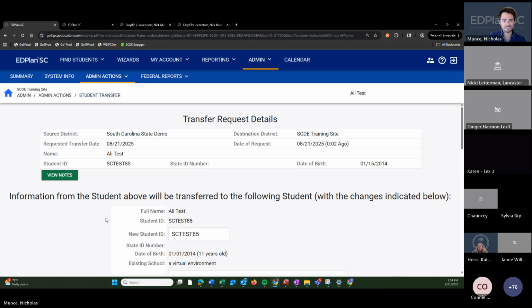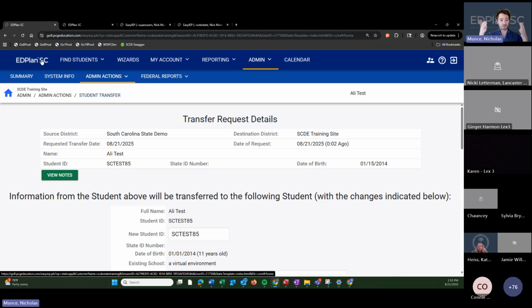All right. Now I'm going to show what happens if you do, because it's very likely that will happen, right? We're never going to get it perfect. Sometimes someone might slip up and enter that PowerSchool number. And then what you're going to see is two versions of the student. So if you typed Ali Test into your student search, you'd see two records, one with the short number, one with the long number. And the way to deal with that is a student merge.